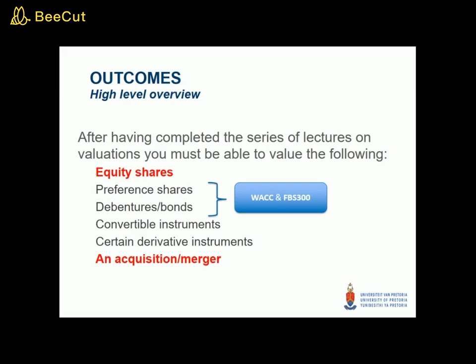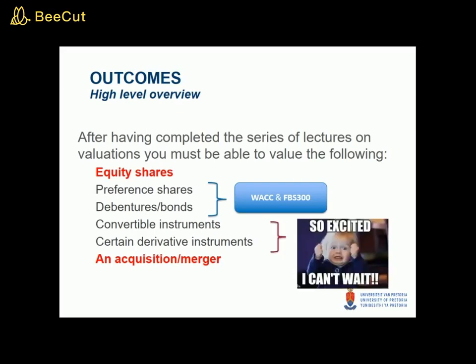So we're going to look at that very briefly next, but for the most part, we're going to assume that it's knowledge that you have retained from third year. Greg is then going to take you into convertible instruments and certain derivative instruments. Eesh, that's so exciting. Hey, these nuances, some of these things, the things that make a CA a CA, the value that we add in the complexity comes across here.